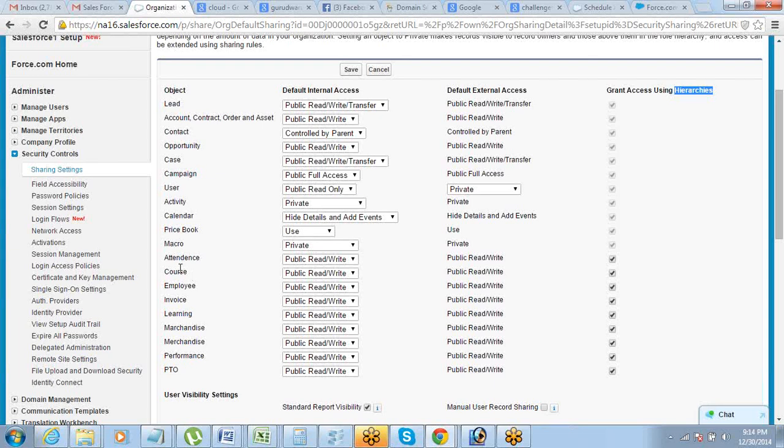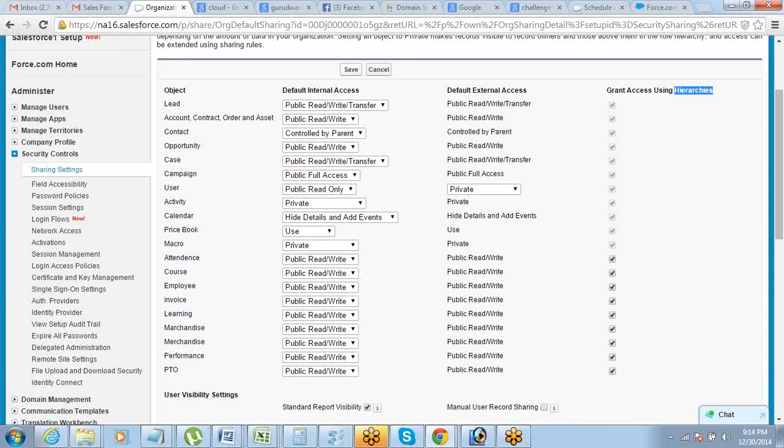Second is, in case you have a requirement of a certain object where you don't even want the manager to see that data, then you should be using a custom object. Fine. So for anything like, for example, the HR Manager app. HR Manager app is one thing where there is a lot of confidential data. Let's say your dependents and your salary details. You don't want even your manager to see. Then the administrator should put these kind of things in custom objects, because Salesforce standard objects do not have that kind of a scope.